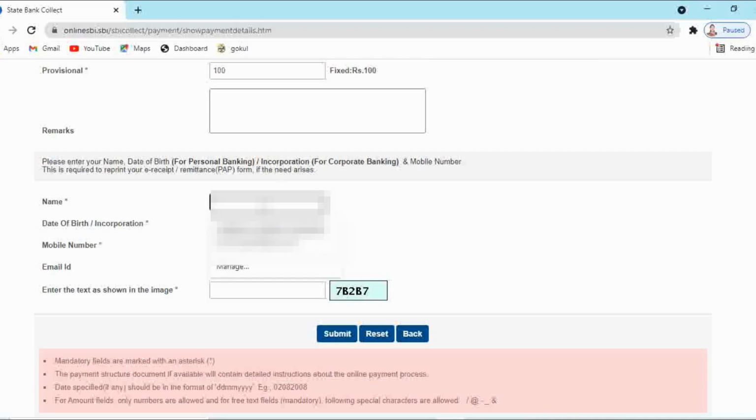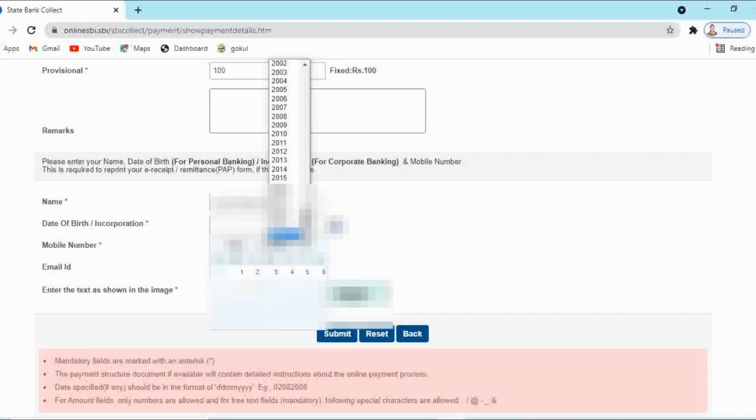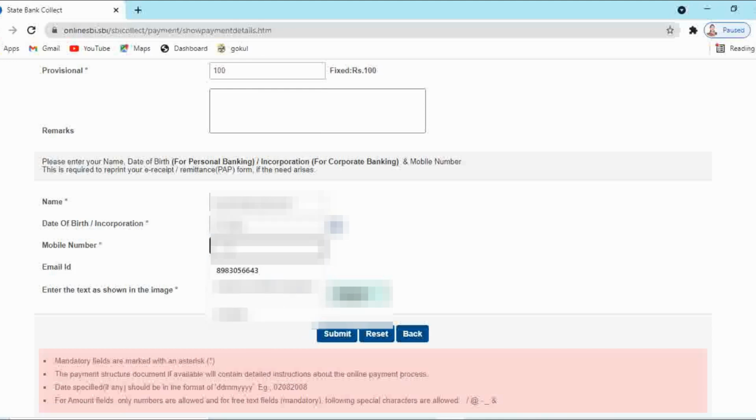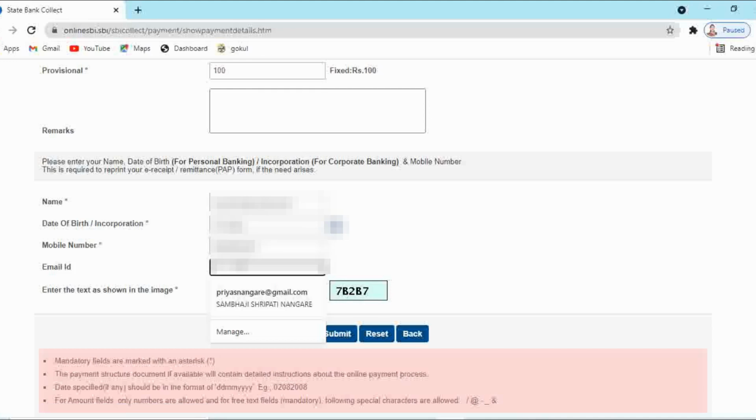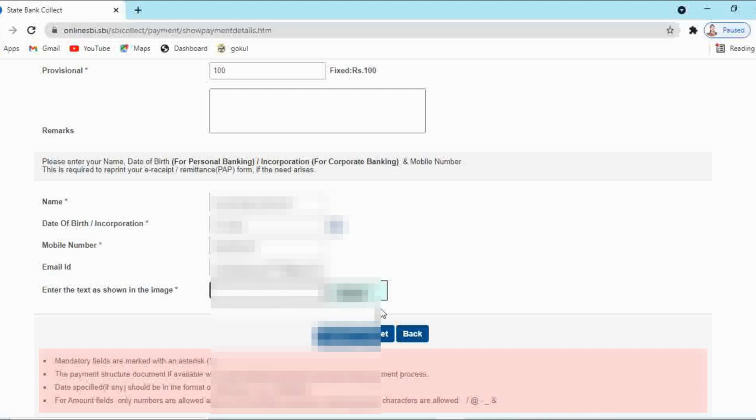Again, here you have to enter your name. Date of birth you have to select. Mobile number. Email ID. Here the text is given in this box. That text you have to enter here.